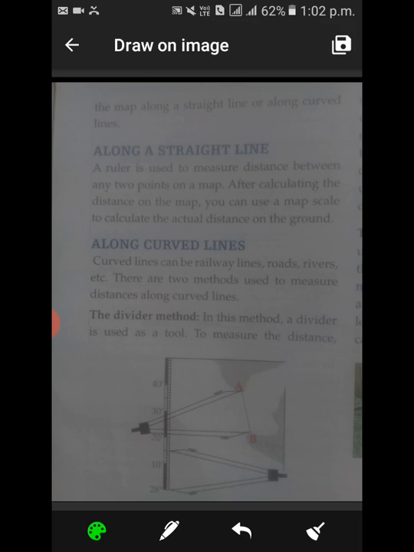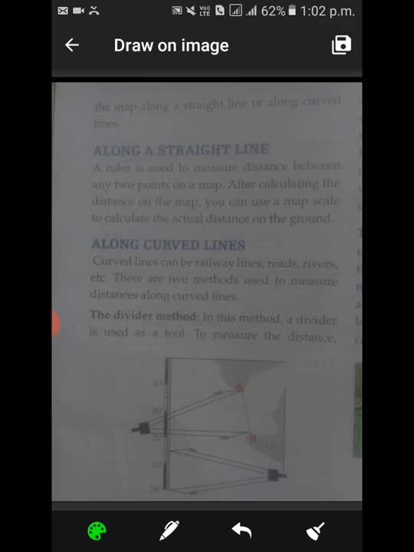You can measure the distance on the map along a straight line or along curved lines. So there are straight lines on the map and there are also curved lines. When it is a straight line, how will we measure the distance? A ruler is used to measure the distance between any two points on a map.